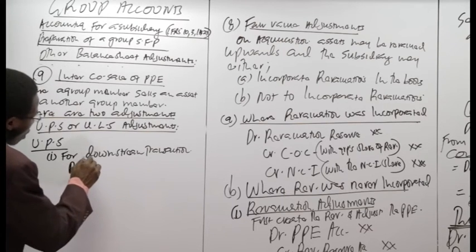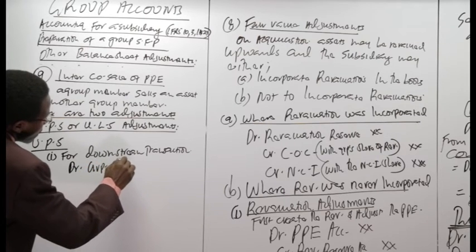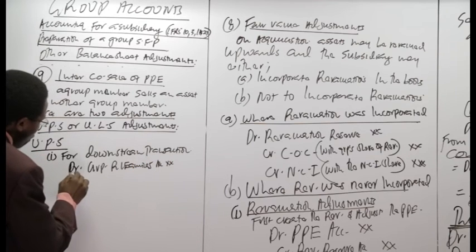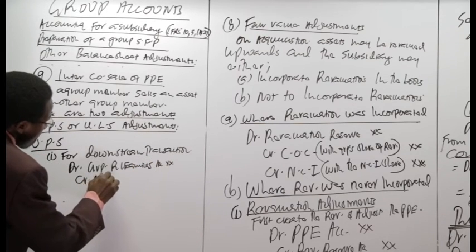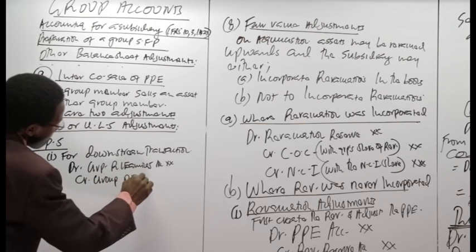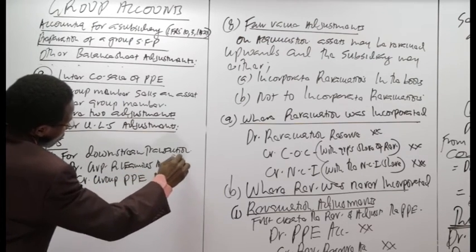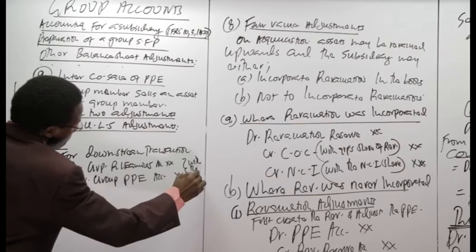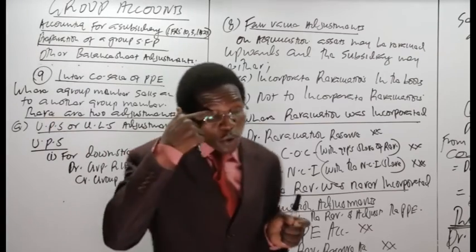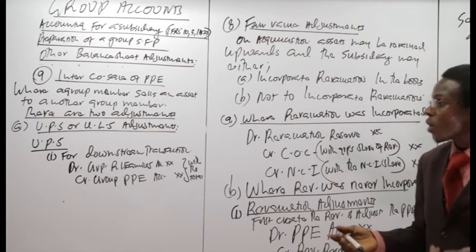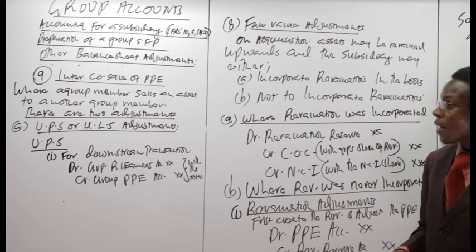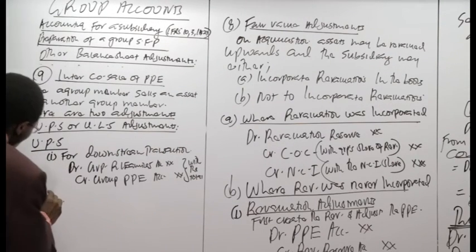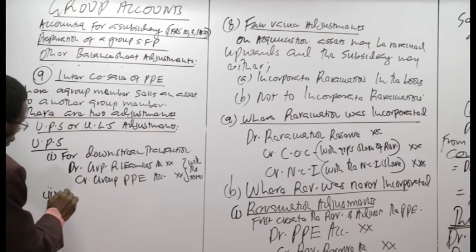We simply debit group retained earnings, then we credit our group PPE. This is with the total. So you must debit your group retained earnings, you credit your group PPE with the total unrealized profits in case of a downstream transaction. Now, you also need to remember, for upstream transaction,